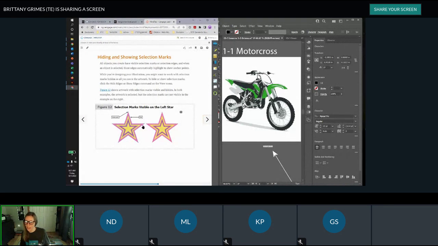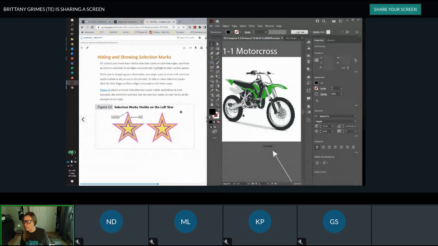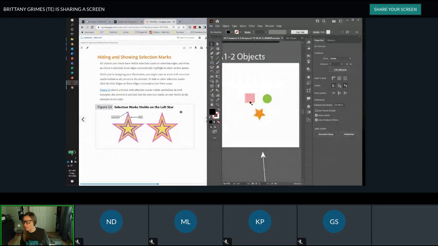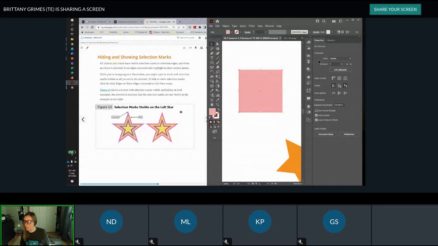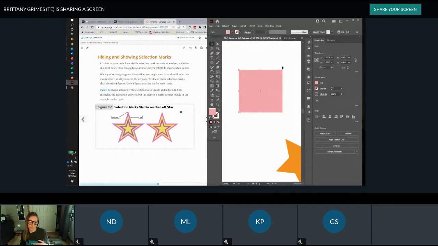How to select things and what that looks like. So anytime you select an object in Illustrator, I'll go to this. You have a bounding box. Your bounding box has what we call anchor points. And these anchor points can be used for different things with the selection tool to do what we call global edits. So things like scaling the entire object, making it bigger or smaller, rotating it,